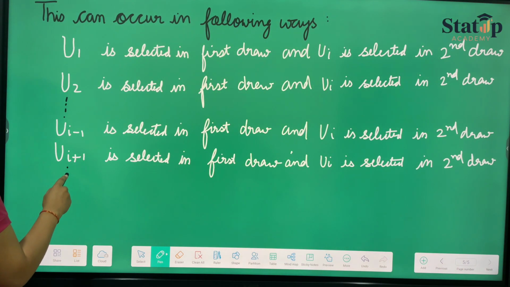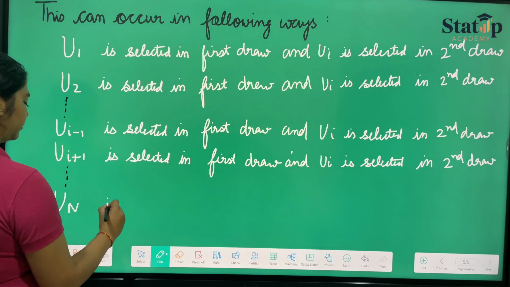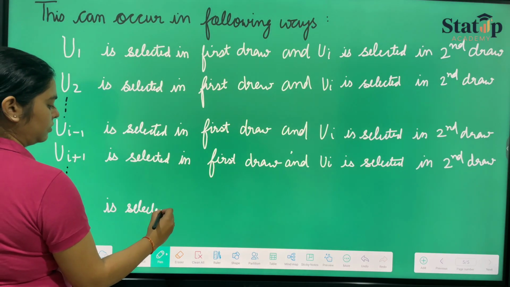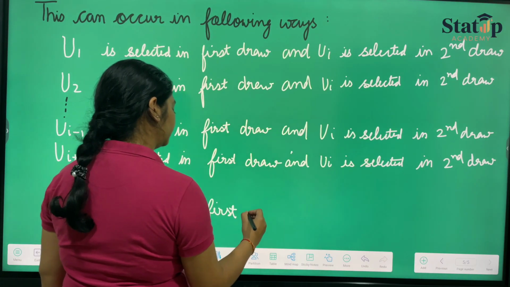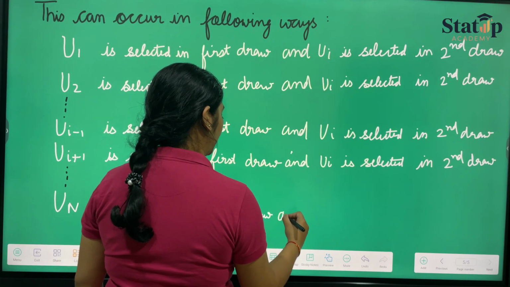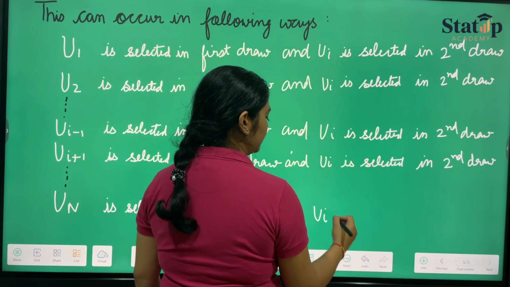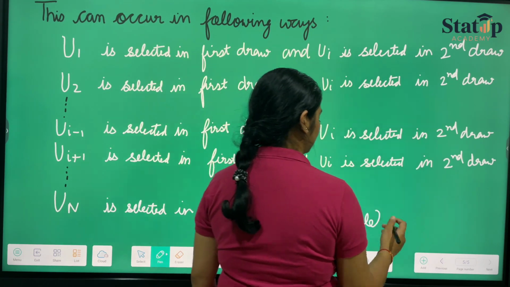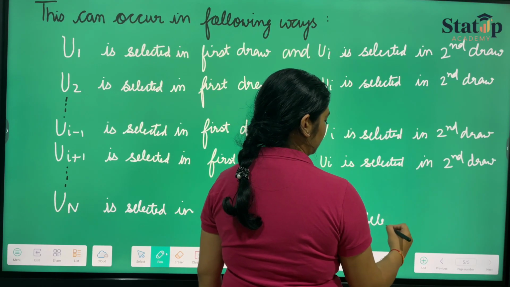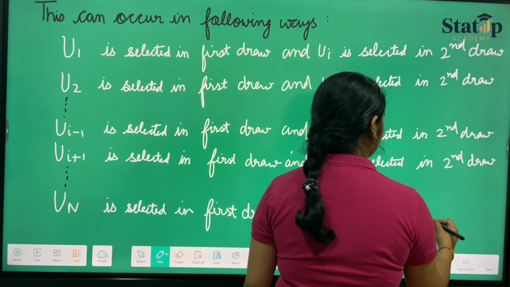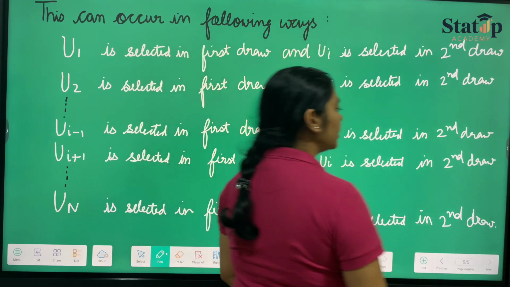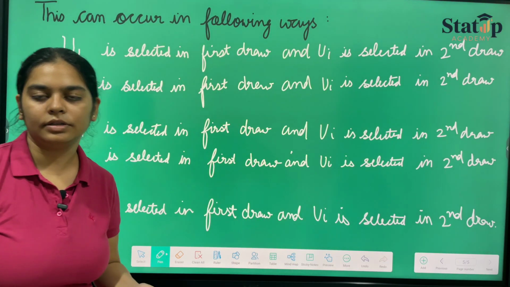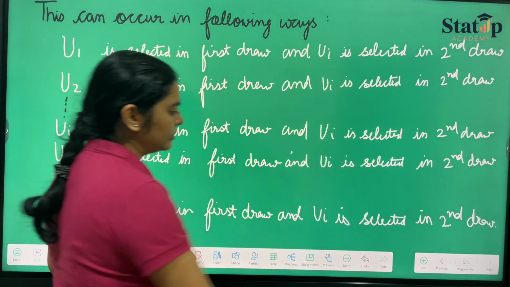Now carrying this again, we'll get u1 selected in the first row and ui is selected in the second row. So these will be the cases if we say that the probability of selecting the ith unit in the second row. So this can be written as